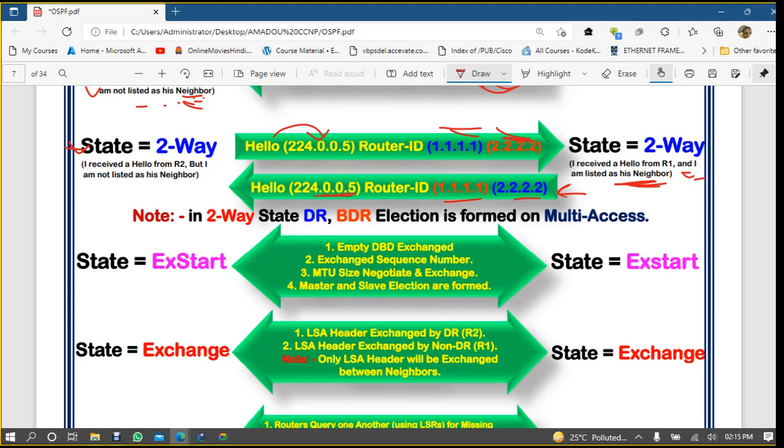in this situation they will form which neighbor? Just a two-way neighbor, no database exchange, we are just neighbors. And always keep in mind